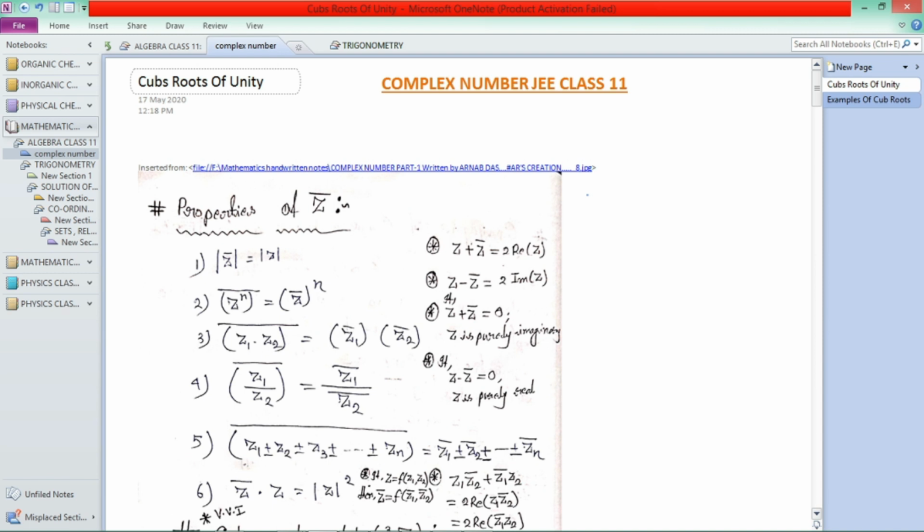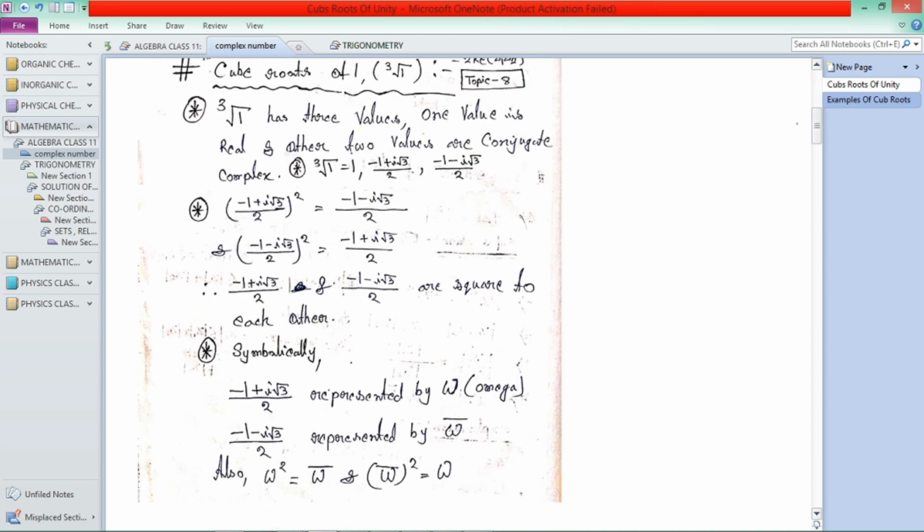In this video, I want to discuss cube roots of unity. This is in your complex numbers chapter, JEE Class 11. So now let's discuss. What are cube roots of unity? Cube roots of unity means